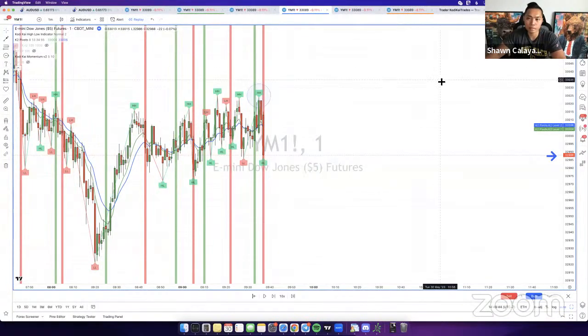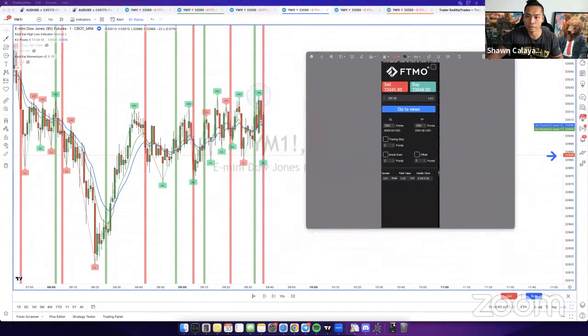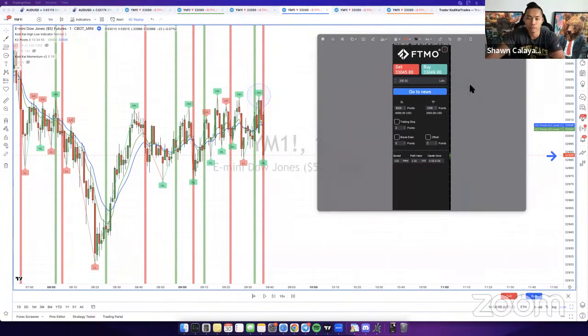You can't see it here, but on my FTMO quick trade manager, let me see if I can find it over here. I'll just do a screenshot of this. Okay. So this is what my quick trade manager looks like, right? When I'm looking for the sell to come down, Hussein, I have my clicker on the sell button already. So as soon as it closes, I just hit click, sell. I already have my TP and stop loss set up, and then I just let the trade run from there. So that's typically how I enter an order. Sometimes I'll set a pending order, but that rarely happens.